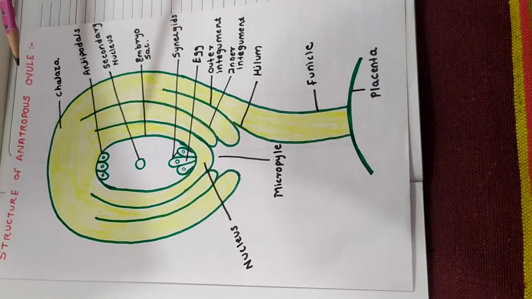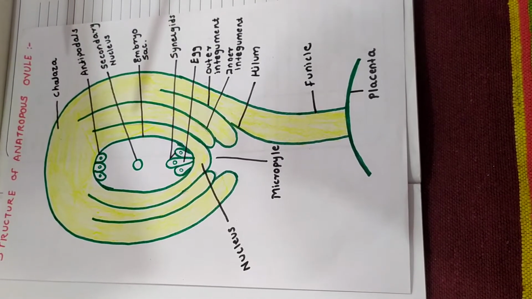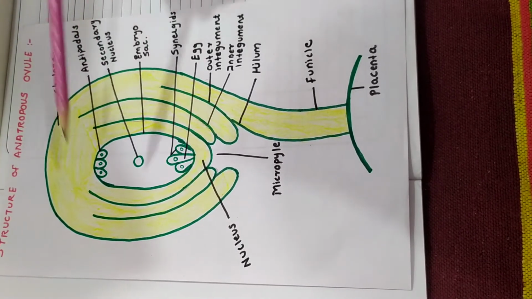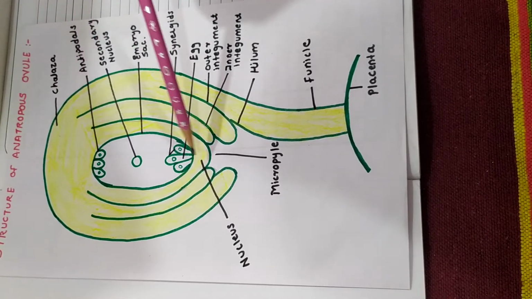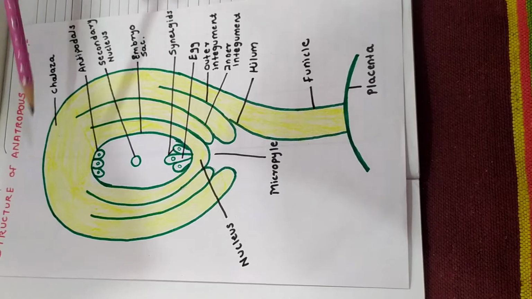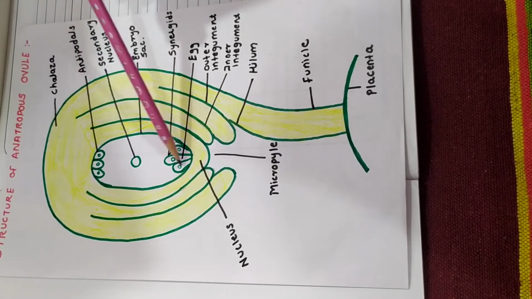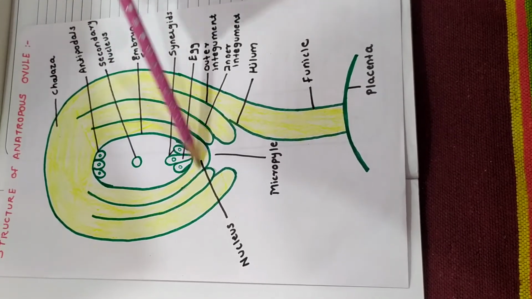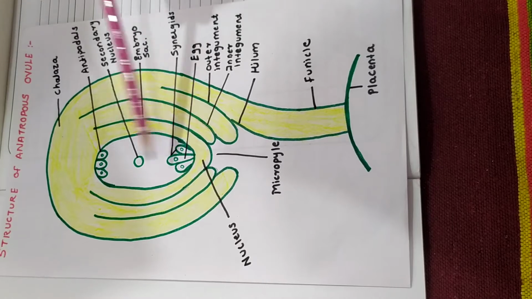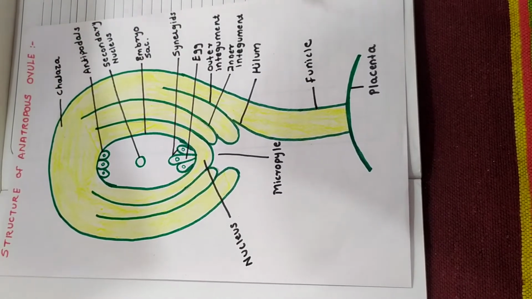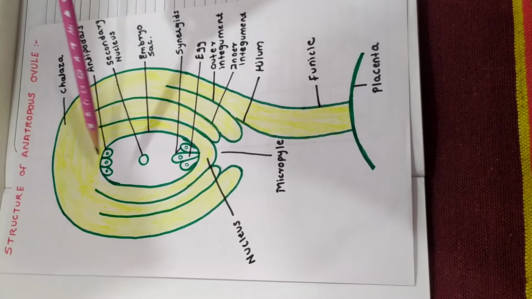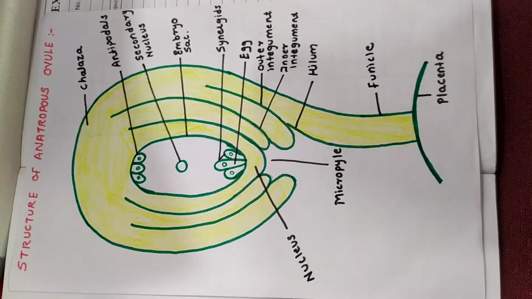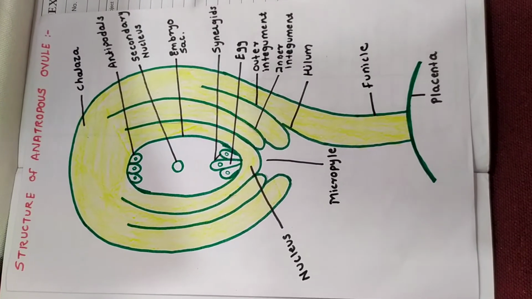Now the embryo sac or female gametophyte is an oval multicellular structure embedded in the nucellus. This entire thing is the embryo sac or female gametophyte, embedded in the nucellus. These are the antipodal cells, these are the synergids, this one is the egg cell, and this is the secondary nucleus. We will discuss the antipodals, egg cell, synergids and secondary nucleus in the development of the female gametophyte. This is very important. The development of the female gametophyte is a very important question which is often asked. We will see this entire structure again.